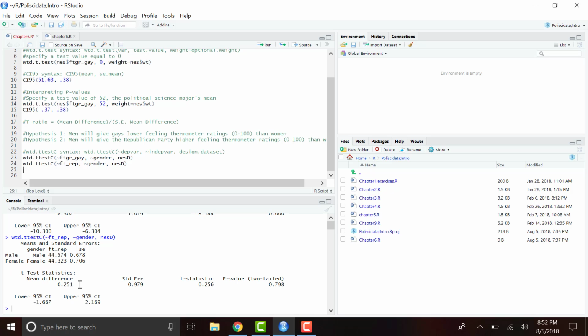But does it pass muster with the null hypothesis? So if we look at the 95% confidence interval, which is negative 1.667 on the lower end and 2.169 on the upper end, it does go through 0, the confidence interval does. So we know that the mean difference would occur by chance more frequently than 5 times out of 100. So there is a very high probability of observing a difference of 0.25